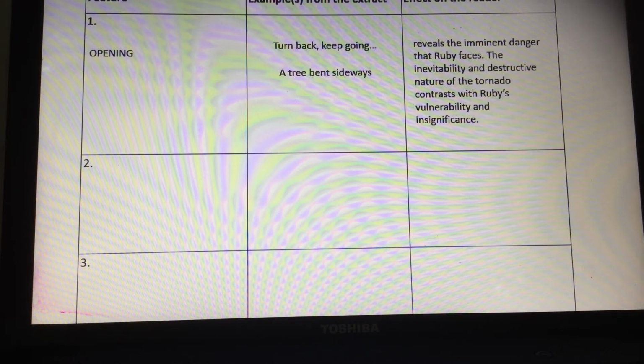So let's try another one, shall we? So we know that with the second one, we started to look at that sense of her reaction to it. So just as I had put on my plan, I've thought about the focus. The focus here is the character. It's Ruby herself. And so therefore, I've taken that very simple quote. She ran like the devil himself was chasing her. Right? What a lovely simile that's added there. Okay? But we don't need to talk about the simile. We need to think about the way that that's being used in the text as a whole.